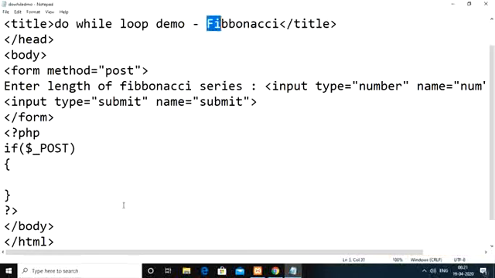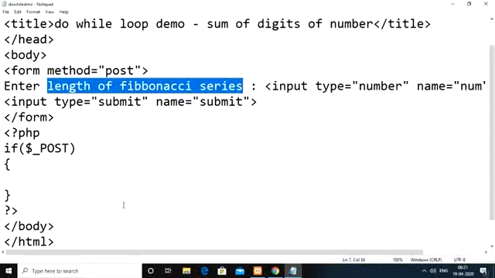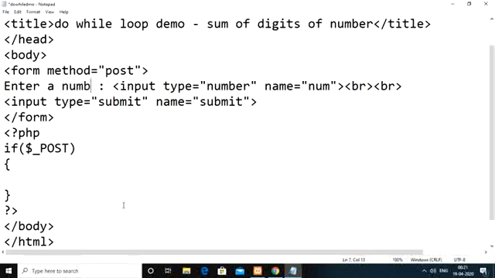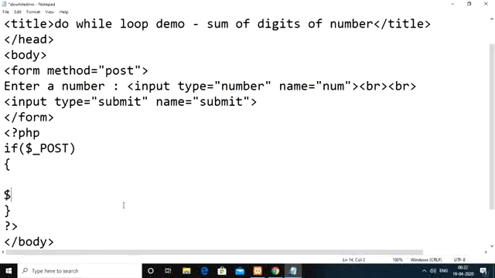So for this one, what I am going to do is find the sum of digits of a given number. Okay, so how are we going to find out this sum of digits of a given number? Whenever we provide one number, we need to take the input as one number. So simply we can write down as enter a number, and the name you can give as num. That particular num value whatever we provide, we can take in n here.